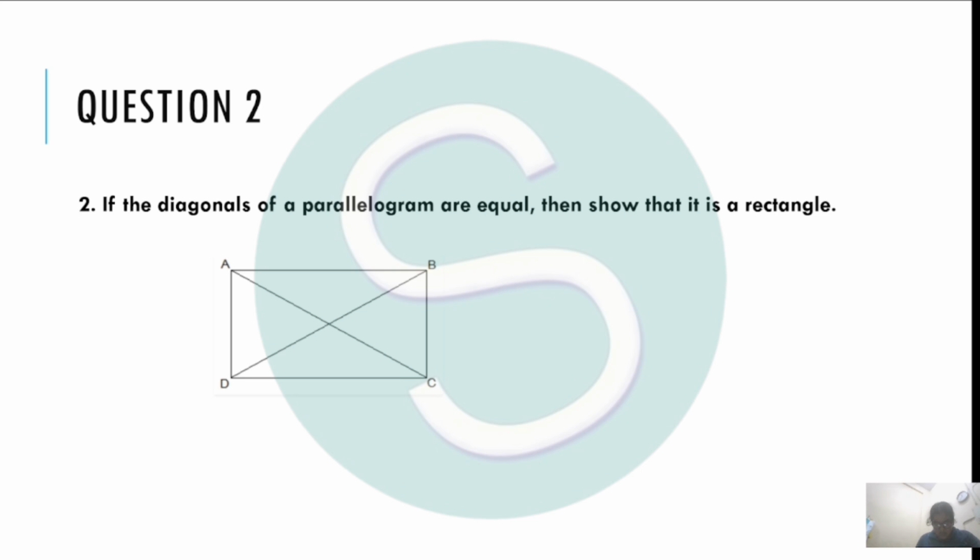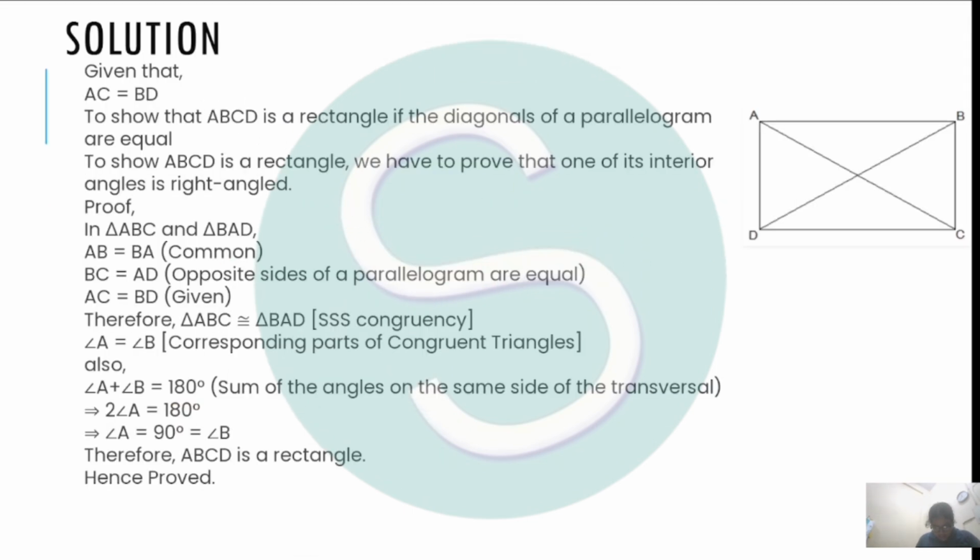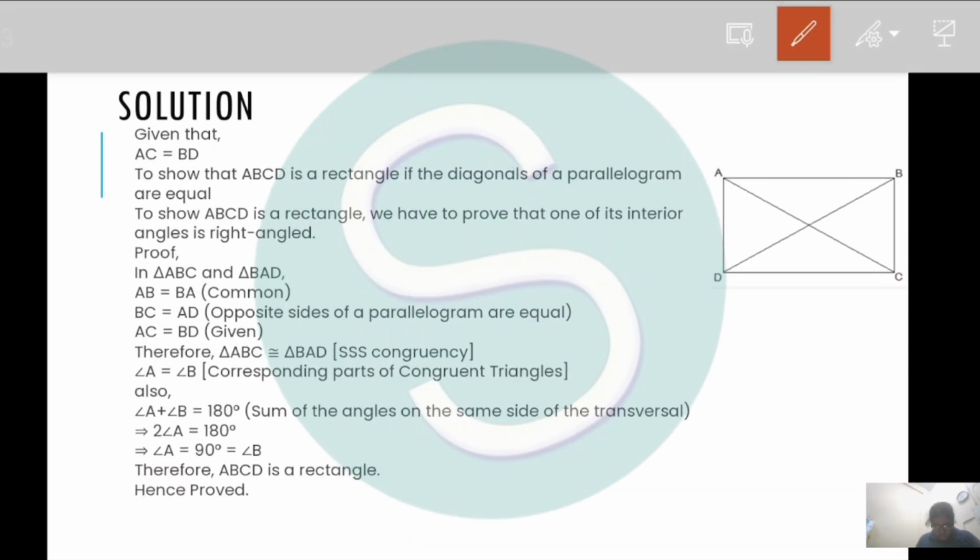Next question is, if the diagonals of a parallelogram are equal, then show it is a rectangle. So हमें ये given है कि ABCD is a parallelogram in which diagonals, that is AC equals BD. Then we have to show it is a rectangle. Okay. So how we will proceed? First, given है कि AC equals BD, that is diagonals are equal, and we have to show ABCD is